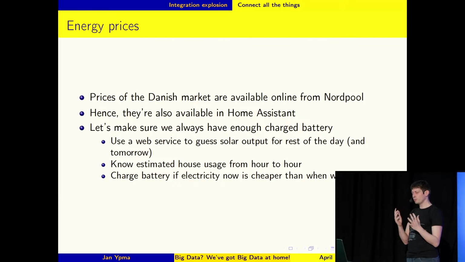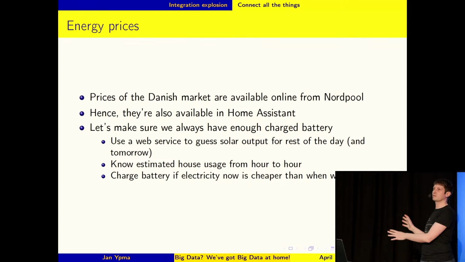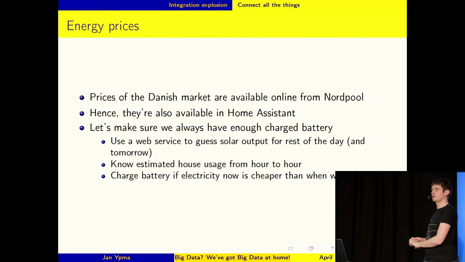Okay, so should we be charging our battery during the night because it's cheap there, because we're not going to get enough sun tomorrow? And that kind of decision you can really only make having a central thing like Home Assistant, because Huawei obviously is not going to implement that kind of logic, and even if they did, it would be opaque and you would not really know what it does. And by having all these data sources available,